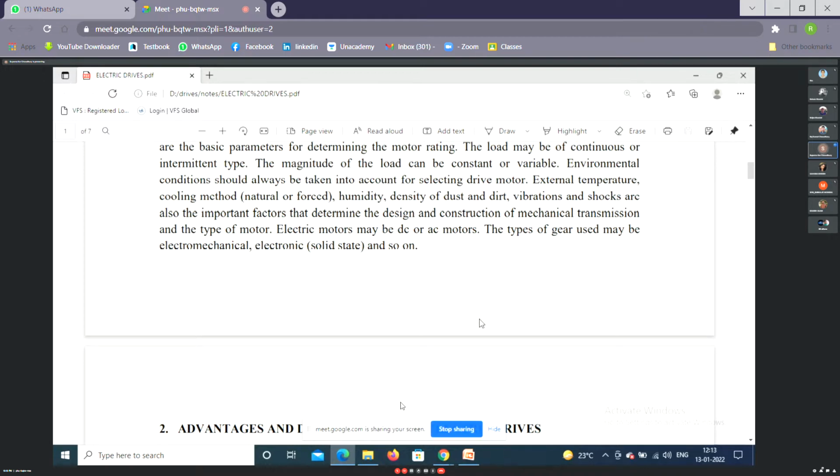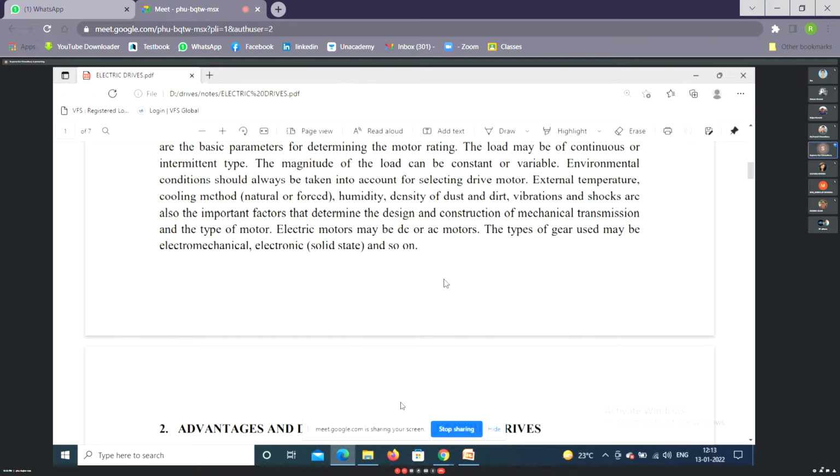Very easily the speed can be controlled over a wide range by simply controlling the armature voltage or the field current. But the DC motor had certain disadvantages, mainly the moving contact of